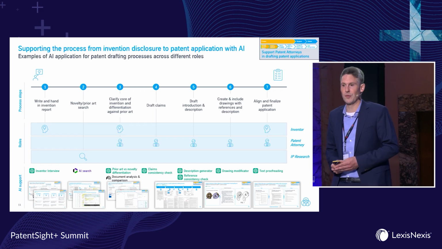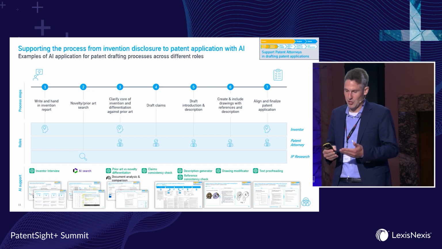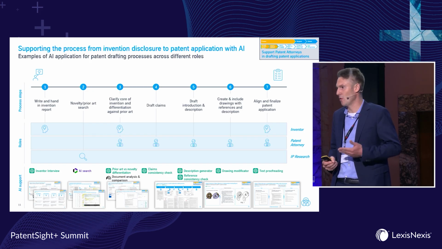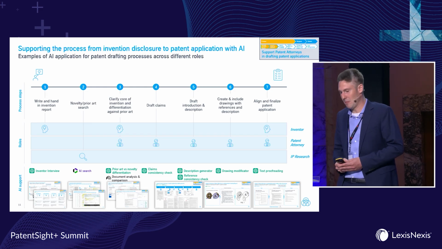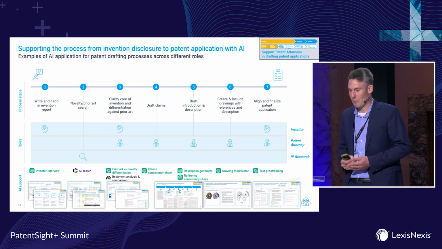And as you may know, also all modern IP database tools provide some AI search functionalities which can be used here. Then also differentiating the prior art documents against your own novelty and invention disclosure. That's something AI may really good assist in, comparing text documents and pointing out specific details, and also in the drafting process. I will show you this also in detail on the next slides, and then I will also talk